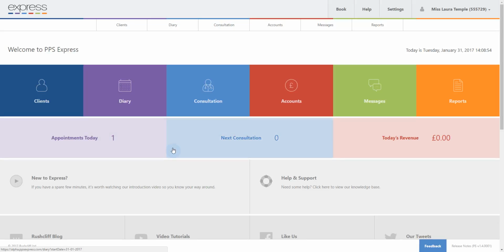How to manage your appointments in PPS Express, including booking new appointments, modifying and deleting existing appointments, and marking appointments as DNA, did not attend. When logged into PPS, you can navigate to the appointments diary by clicking on Diary on the dashboard here, or